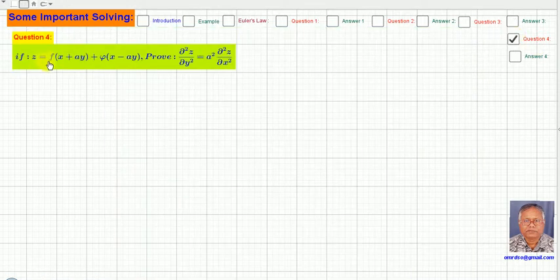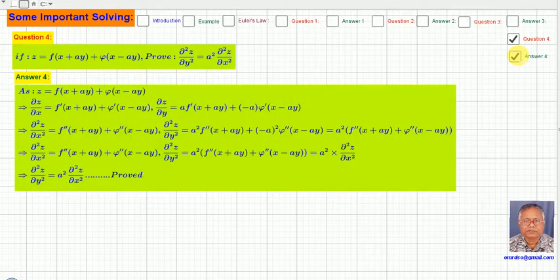If z is equal to a function f of x plus ay plus a function phi of x minus ay, then prove that del square z del y square is equal to a square del square z del x square. Very simple. As z is equal to f of x plus ay plus phi of x minus ay, del z del x will become f dash of x plus ay, plus phi dash of x minus ay. Del z del y, differentiating with respect to y, will give a into f dash of x plus ay,